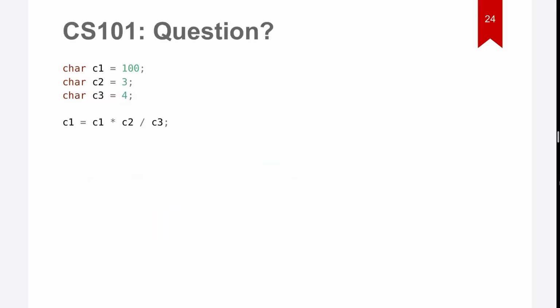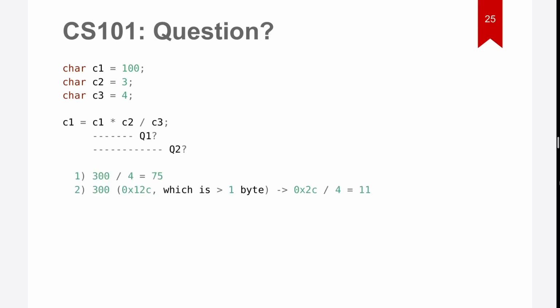So let's do an example. We have three characters, C1, C2, C3, set to 100, 3 and 4. The question is, what is the result going to be if we multiply two of them and then divide it by the third? C1 times C2 is 300, which is larger than what can be represented in one byte. So what is the result in this case? Is it going to be 75, which is what we would expect in that mathematical operation, or is it going to be